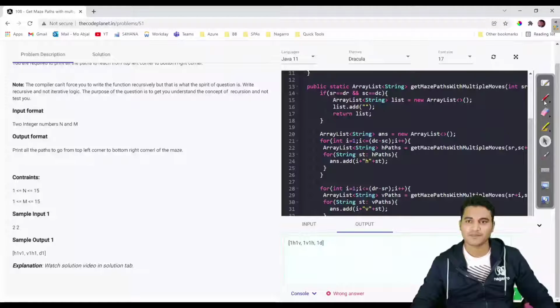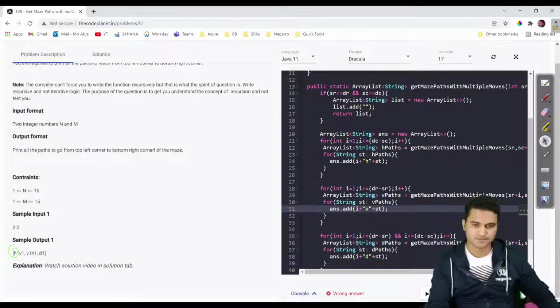if you can see here, we have written 1h and here they have written h1, horizontal 1. We have written 1 first, so we'll have to change the order only. The order is nothing but this.